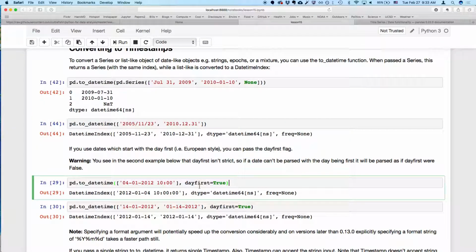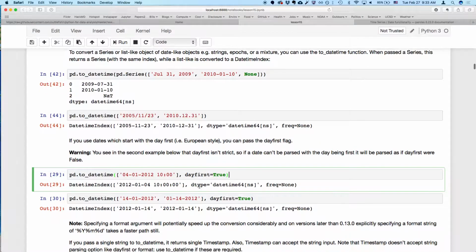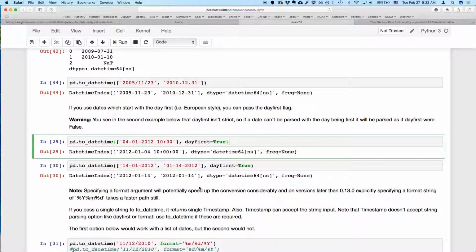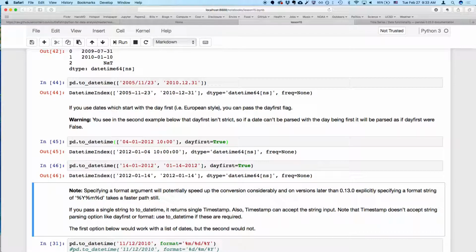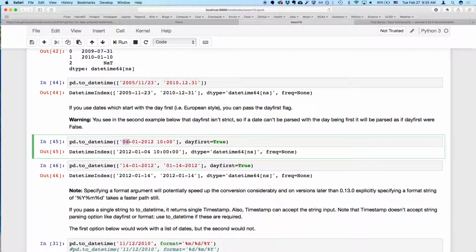But there are examples where, if the date can't be parsed, you need to specify that you mean the day first. So here we have 04/01/2012. If we say dayfirst equals True,